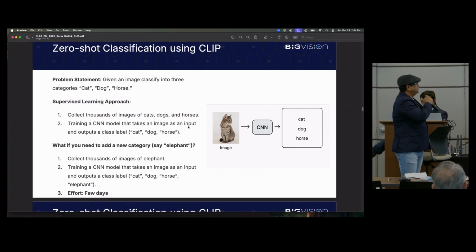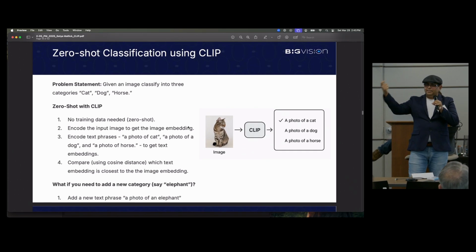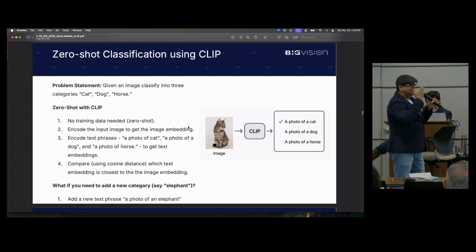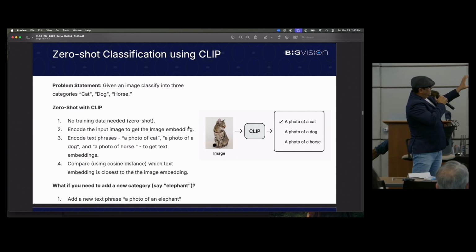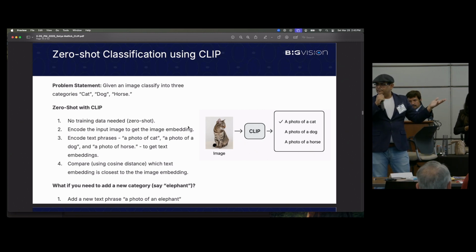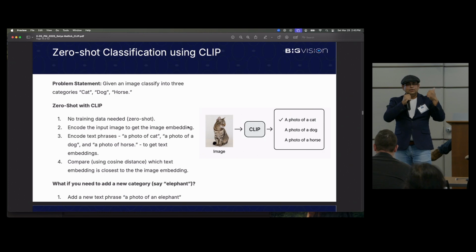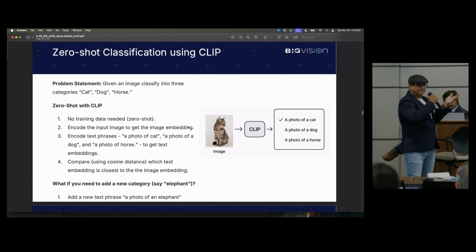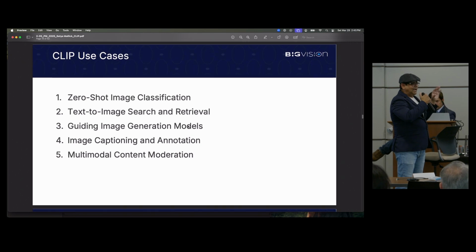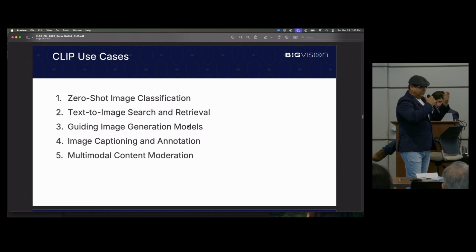Now, how do you do it in a zero-shot way using CLIP? In CLIP, as we know, an image can be embedded into the space, and then you compare the embedding with the text embedding. If they are close, you can say, okay, this is the image of a cat. So you have this image of a cat, you compare it to the embeddings of a photo of a cat, a photo of a dog, a photo of a horse, and you have a classifier. Now, let's say you want to add a class called elephant. How do you do it? You simply add a text that says photo of an elephant. You calculate the embedding and see whether it matches or not. So in a few seconds, you have done image classification, which used to take you a few days. And that is because these things have world knowledge. They know what a horse is,